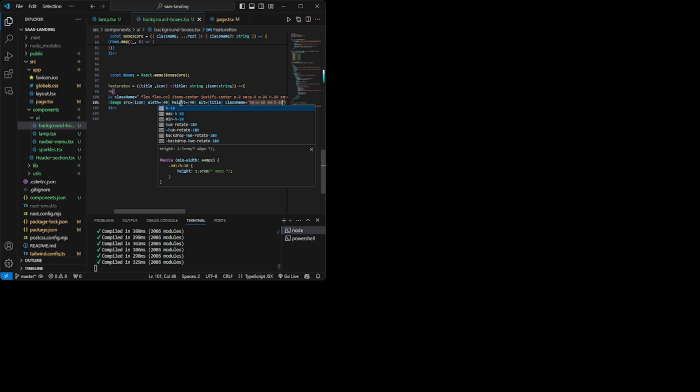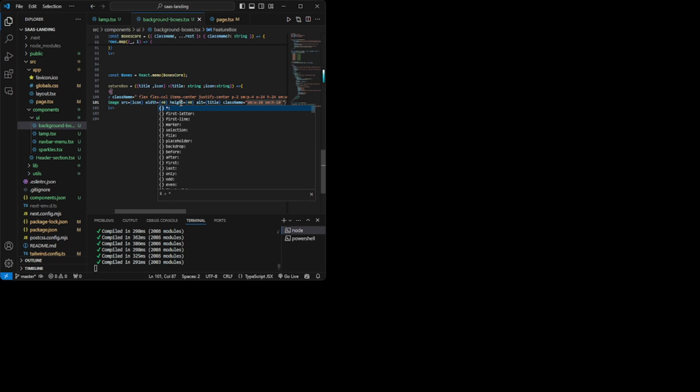You can import some pre-built components somewhere else if you don't want to set all the responsiveness, but as I'm doing this on my own, I'm writing all the responsiveness for every kind of device. So small W10, small H10.